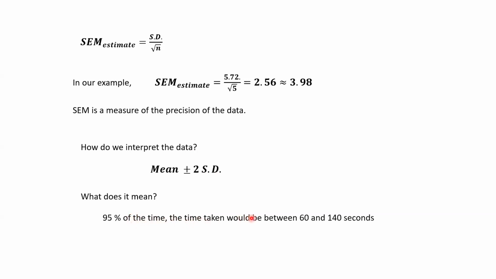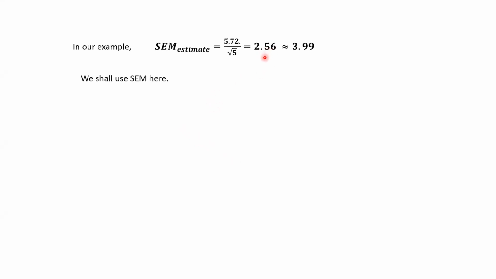95% of the time taken would be from, say, 88 to 112, I said. If the variation is 20, then it will be 60 to 140 seconds. Because in one sample, I got the standard deviation for the same experiment, 20 is a standard deviation, then it is erroneous. So I do not go with standard deviation, but I go with the standard deviation of the sample means, which is 2.56, which is closer to 2.7, which is obtained in the experiments, right?